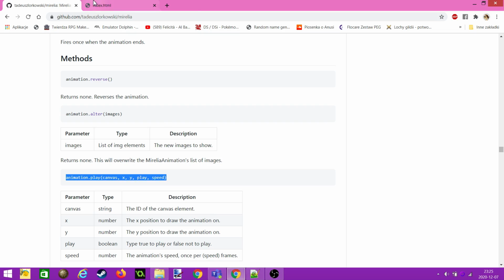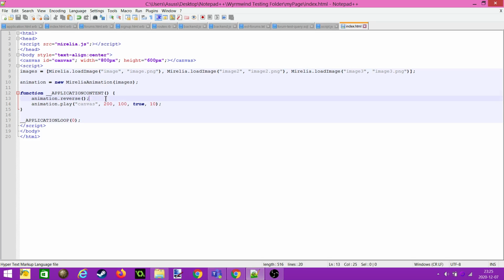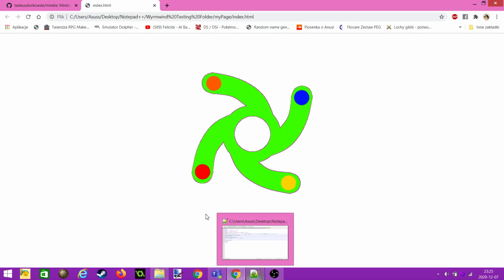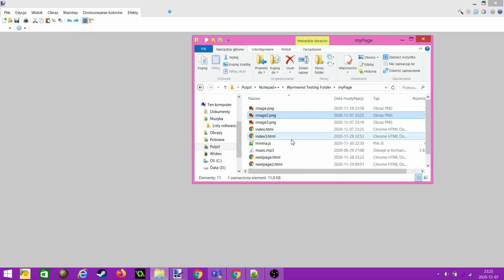And as you can imagine, this is just going to reverse our animation, but something strange happened. Why? Of course, because it updates, it reverses every frame, and it's not supposed to do that. We only want it to reverse once. Okay, so you can also alter our animation. So yeah, let me just